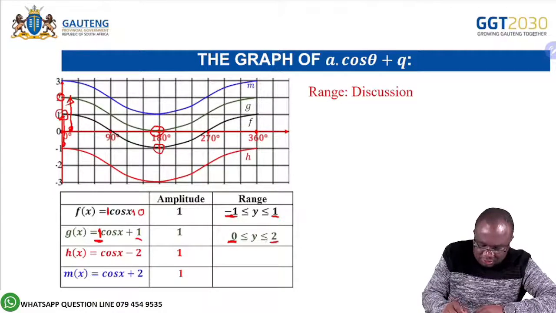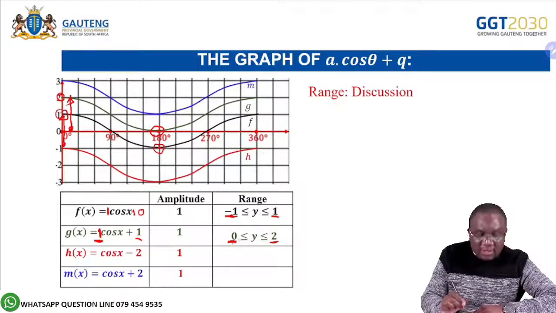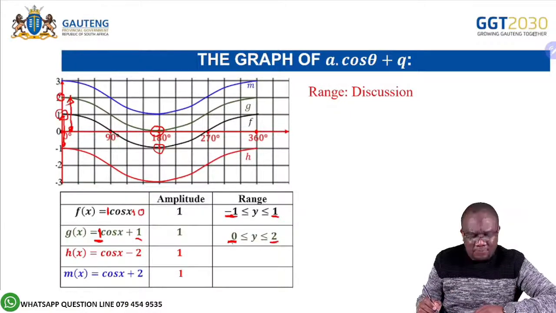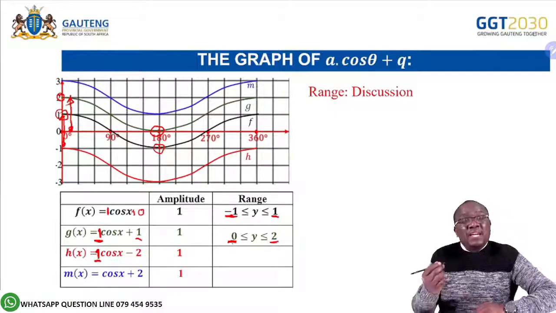And then this one, 2, is coming from a plus 1, which is 2. Negative 1 plus 1, which is 0. And then 1 plus 1, which is 2. Okay? Right. And then this one here, you can also interpret from the